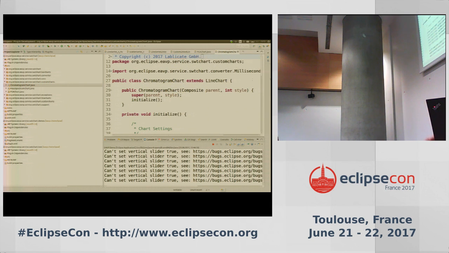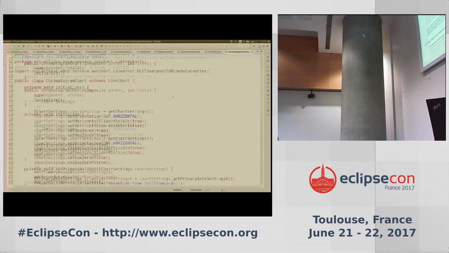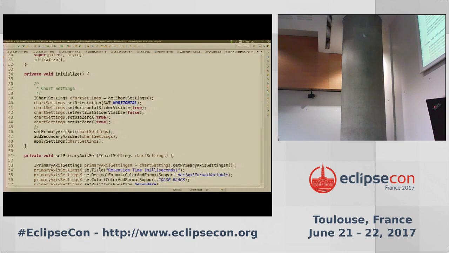It's a chromatogram chart, where we set the orientation. It's horizontal, where we say we want to show a horizontal slider. It's visible. The vertical slider is something interesting because it's enabled, or it's there, but I have disabled it